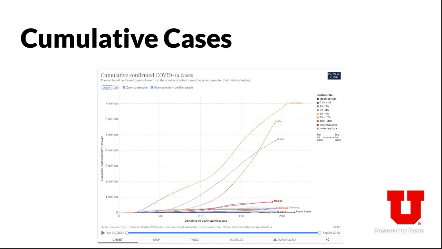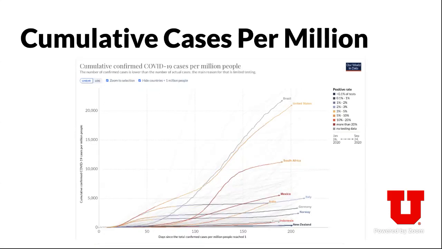And so it looks like the situation in India is pretty bad, right? In the United States, we're pretty aware of that, and Brazil seems slightly better maybe than the United States, still problematic, but this doesn't account for population, right? And so if we now instead plot this as cumulative cases per million, the picture changes quite a bit, right? So suddenly Brazil is actually in worse shape than the United States, whereas India is not among the most prominent